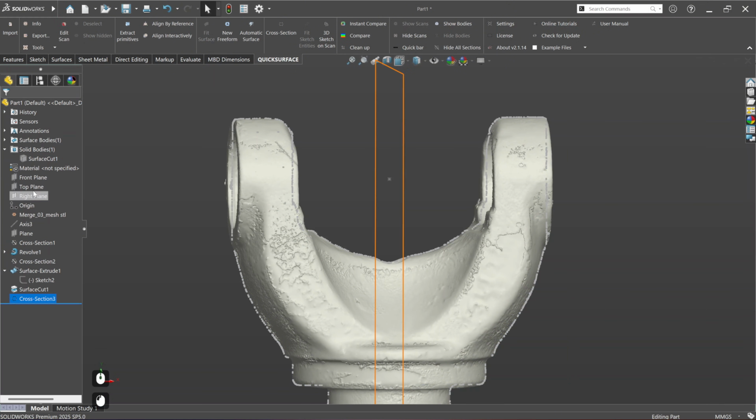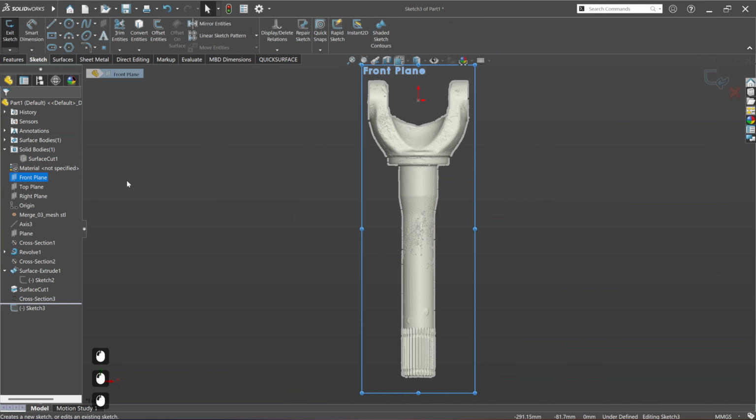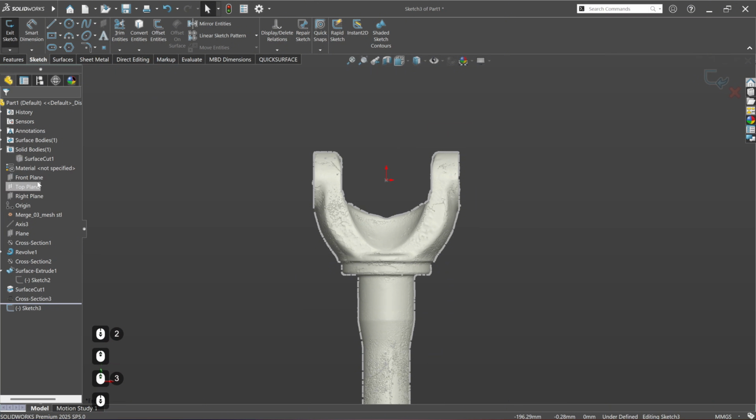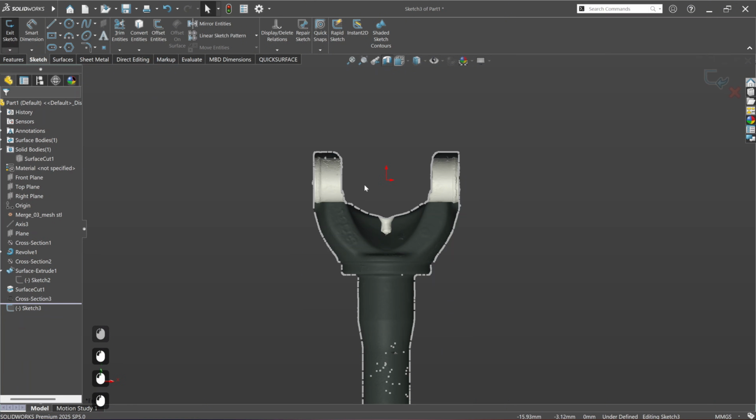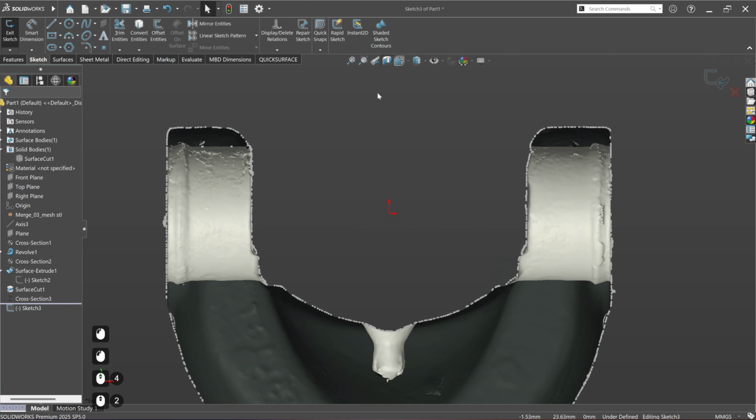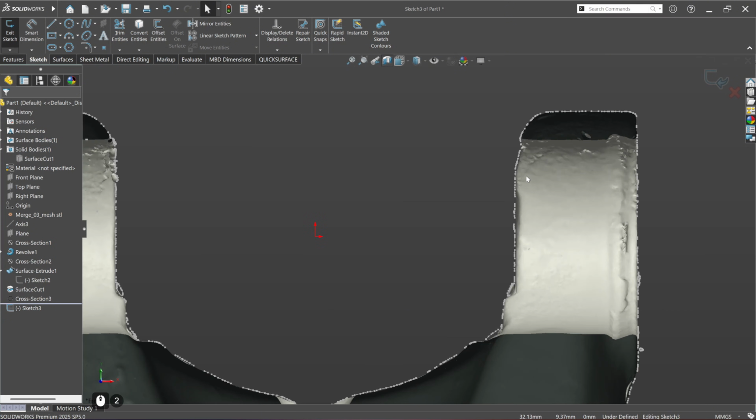Accept this, go to front plane, start sketch. Again, we can create a section here. So here we can see that on one side some features are better visible, on the other side other features. In general,